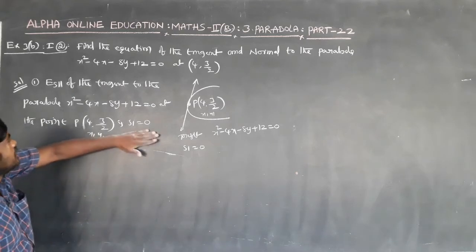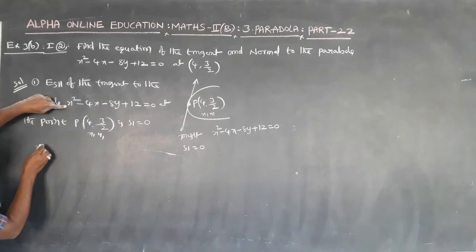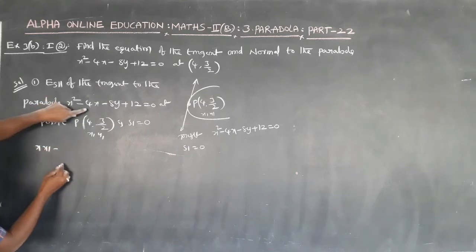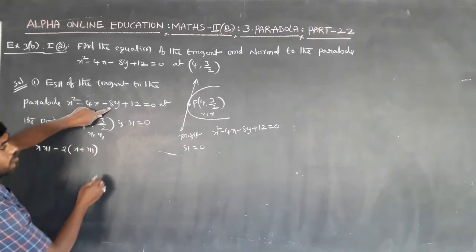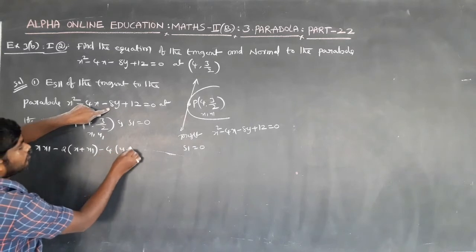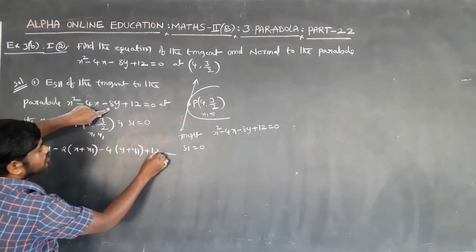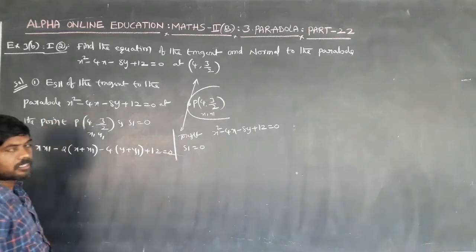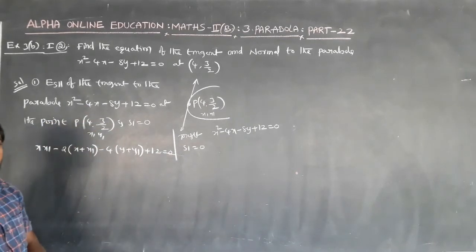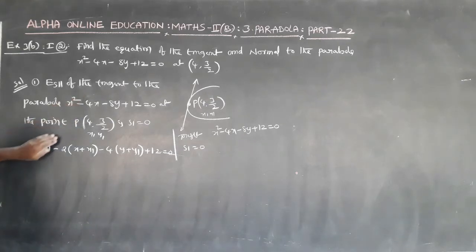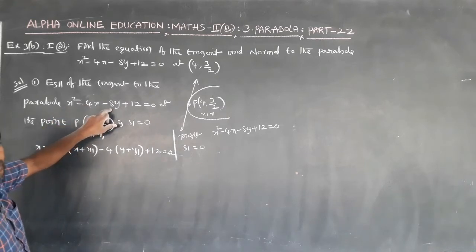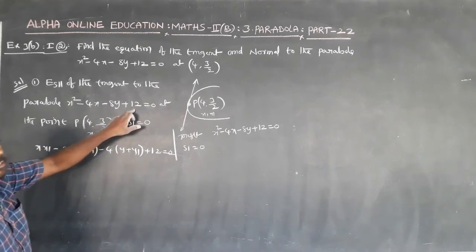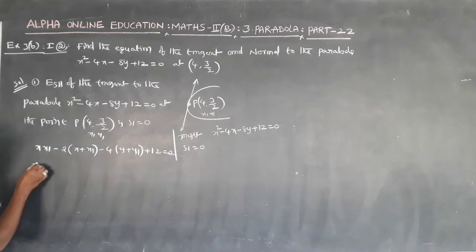Observe here, in S1, x square term means x1. The x coefficient terms are 2 into x plus x1. The y coefficient terms are y plus y1. Constant same. This is the process for finding the equation of the tangent. x square means x1, x coefficient 4 in 4 of 4, 2, x plus x1, y coefficient 8 of 4, y plus y1, constant 12 is equal to 0.